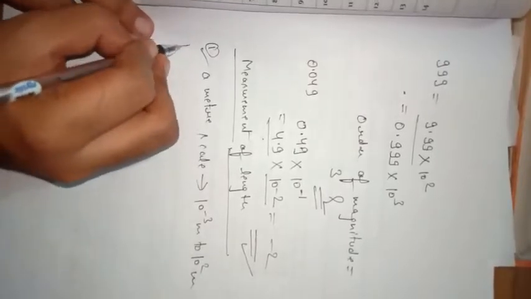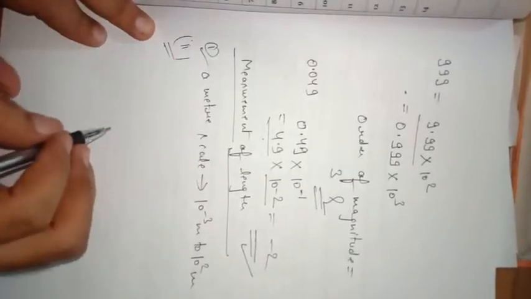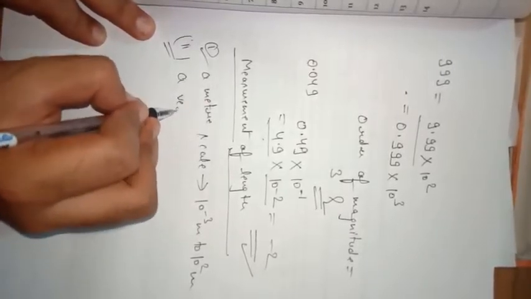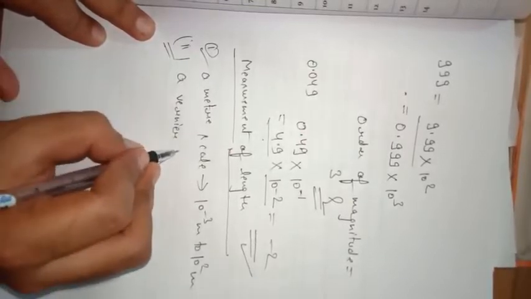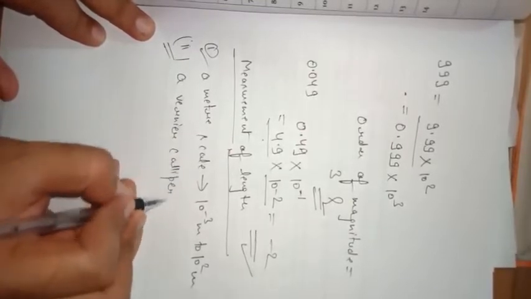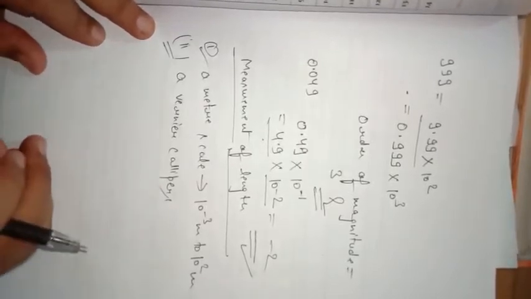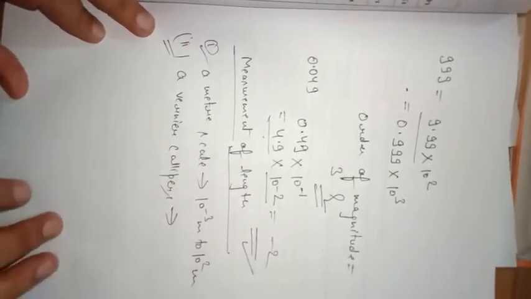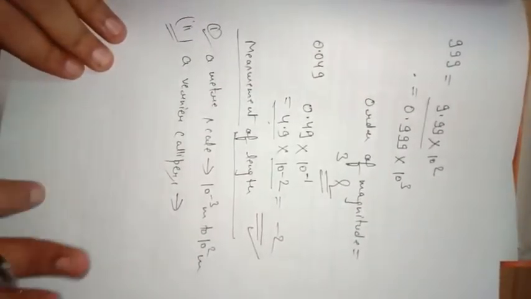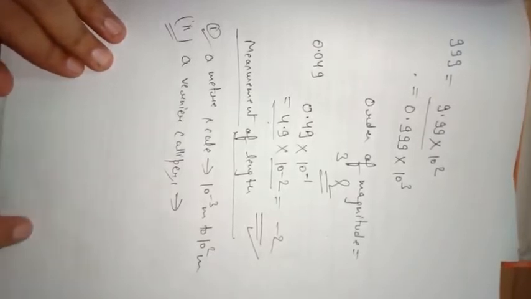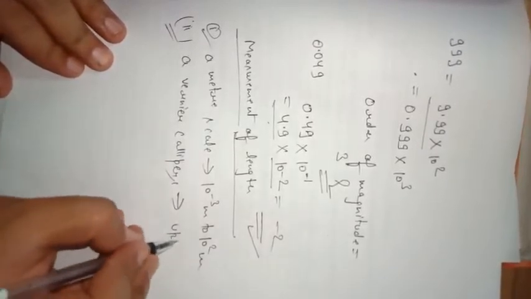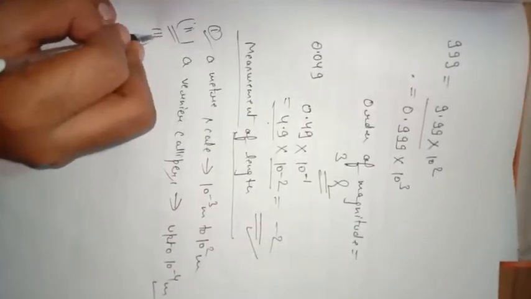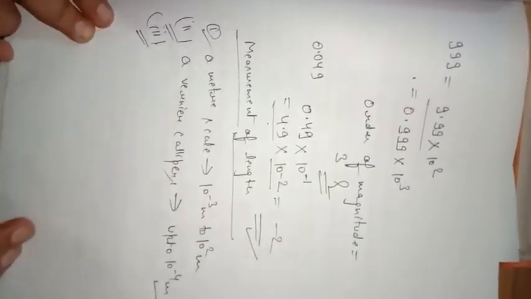Now suppose students, we have to measure comparatively less distance, a very small length. Then we use a vernier calipers, and this is in your syllabus in the physics lab. When schools are open, I will show you the vernier calipers and we will discuss it in brief. In the practical examination; here in theory, that is enough. Vernier calipers is a device which can measure a very small distance, up to 10^-4 meter. So this you have to remember. The range of each kind of device should be well remembered by you.